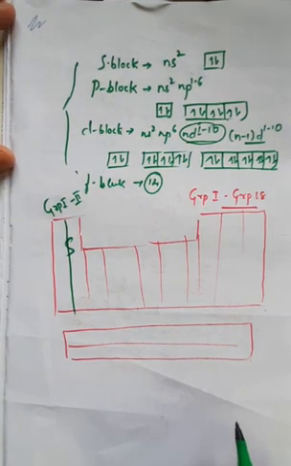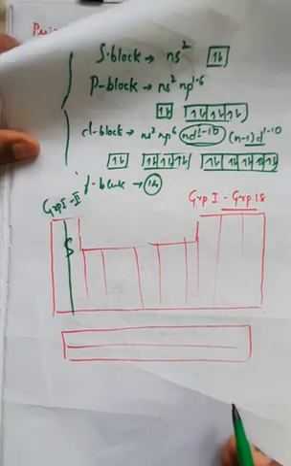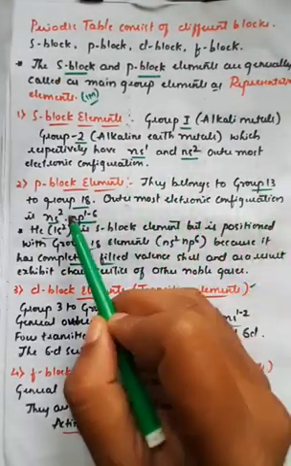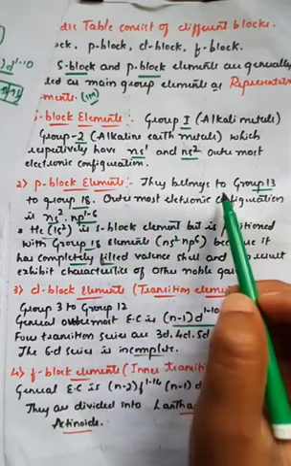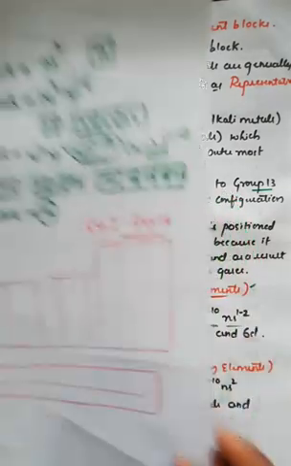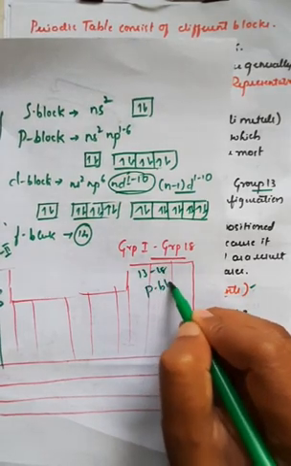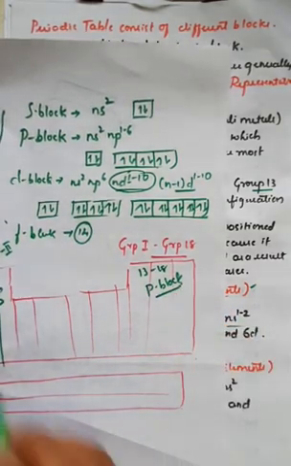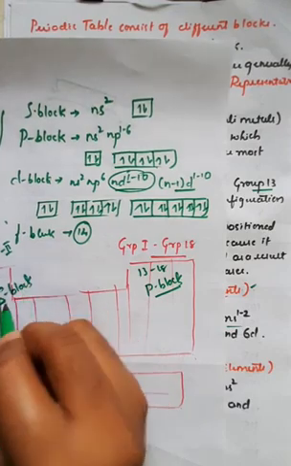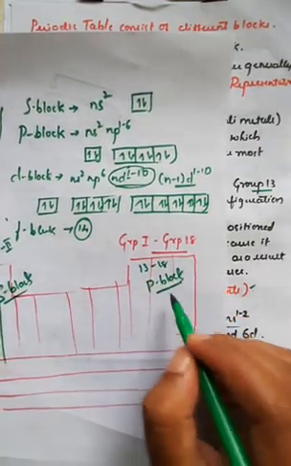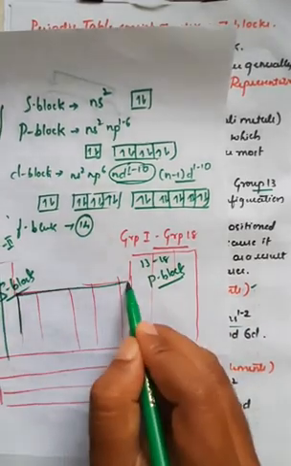And group 3 to group 18. So the elements which are present from group 13 to group 18 are generally called as P block. So S block is nothing but group 1 to group 2, and group 13 to group 18 are generally called as P block. And in between,